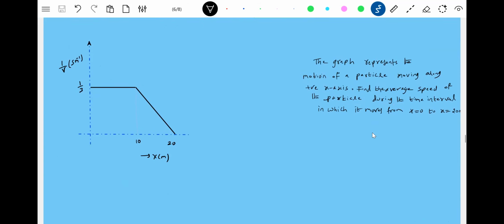The last one. 1 by v versus 1 by t. The graph represents motion of a particle moving along the positive axis. Find the average speed of the particle during the time interval in which